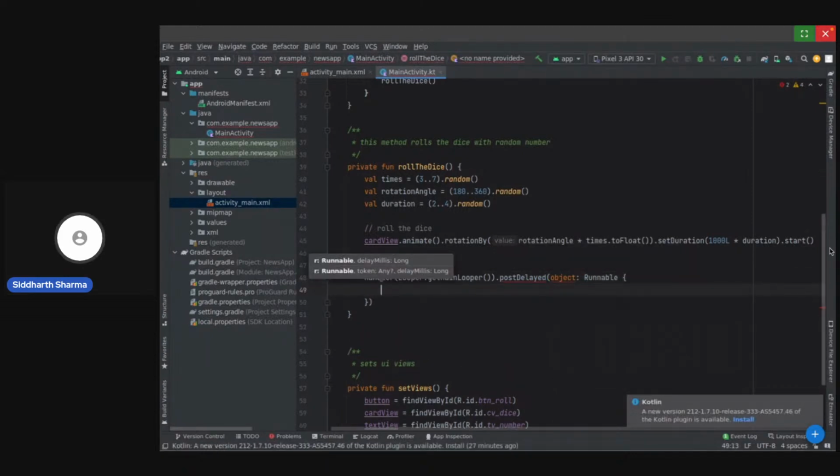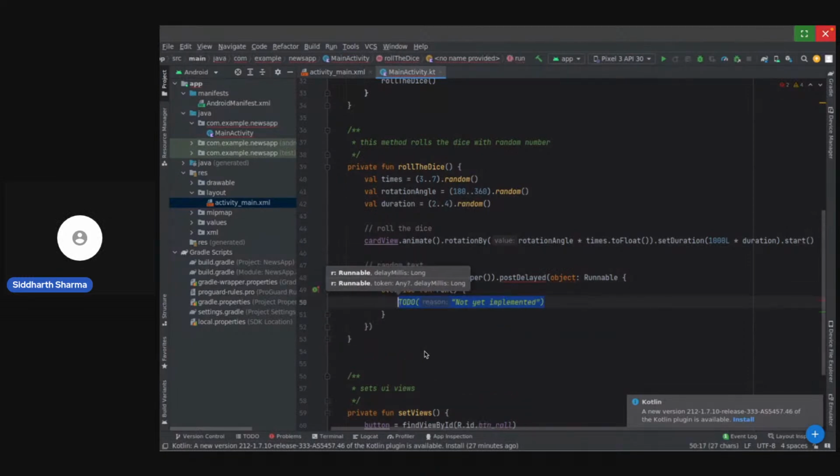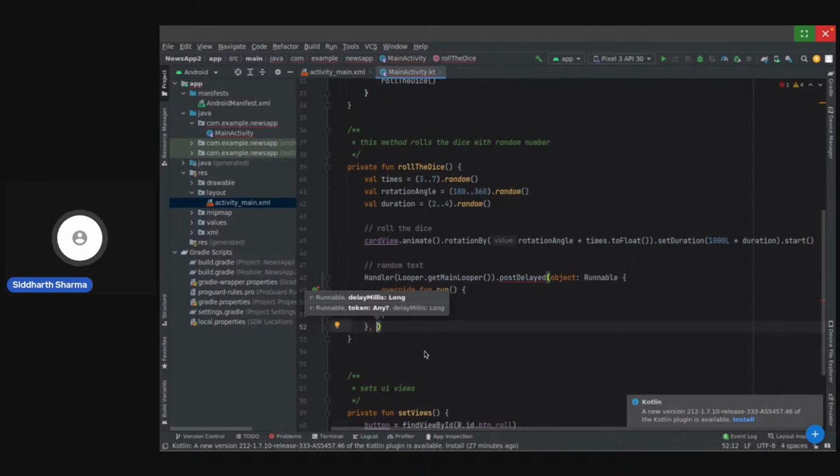I'll pass in a runnable over here and override the run method. I'll also pass the duration as half of what I passed in for the dice.